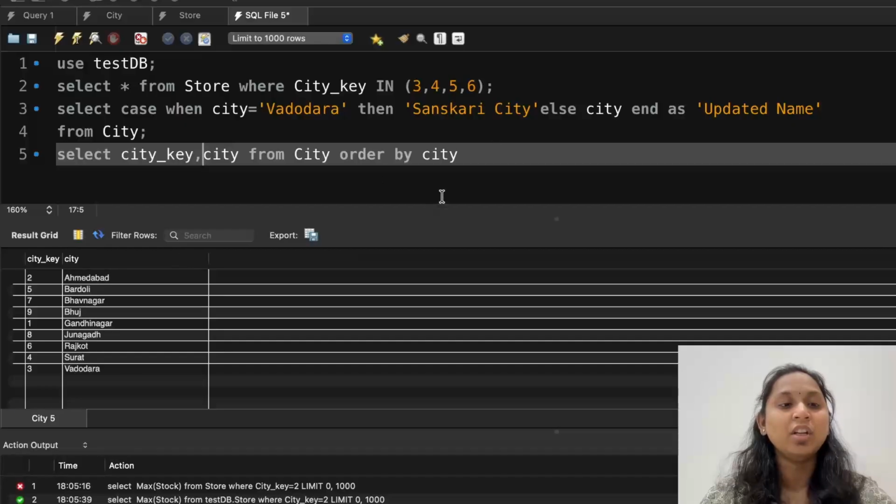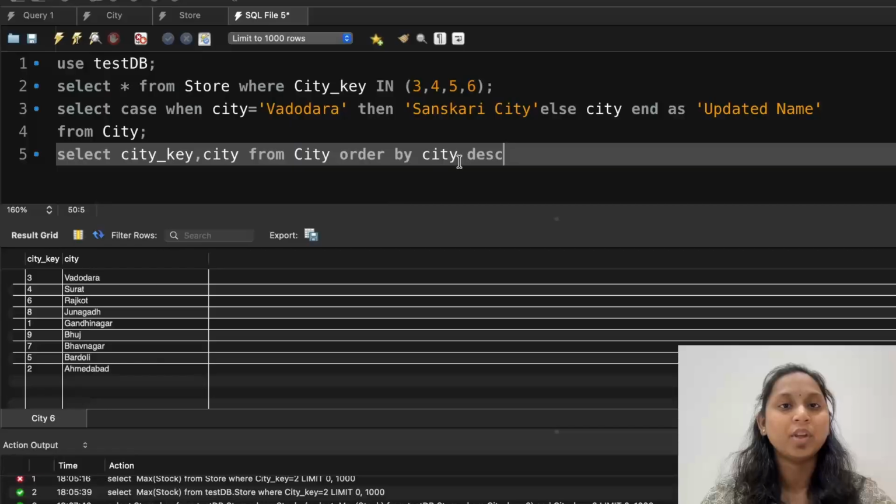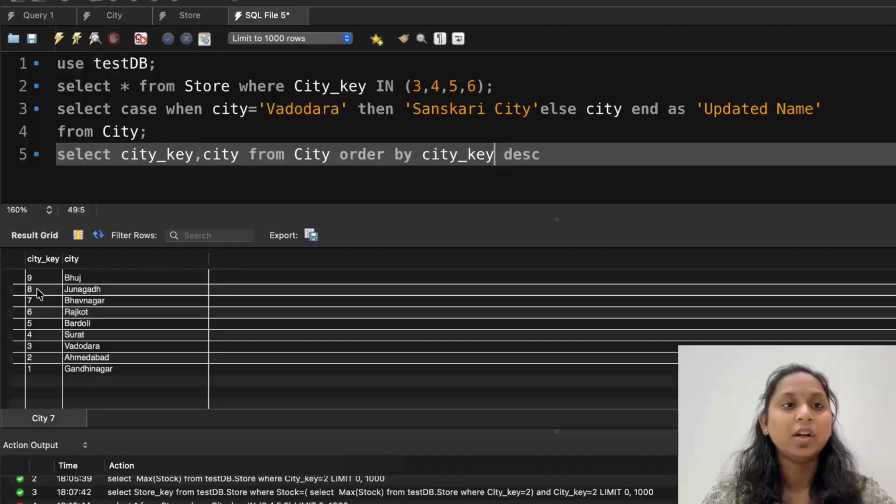Can I make a sorting in descending order? Yes. How can I? By using the word. If I don't write anything, it will be in ascending order, but if I use the word descending, it will be in a descending way. Can I make a descending order based on key? Yes, you can. Click now 987. You see here you can provide a second column. Can I? Yes. Here also you can provide a second priority, that if you find the same data in your city key, they will check the city column, and based on city they order the row. Fine. So in order by you can provide more than one column.